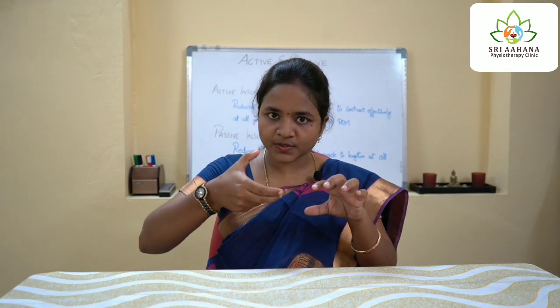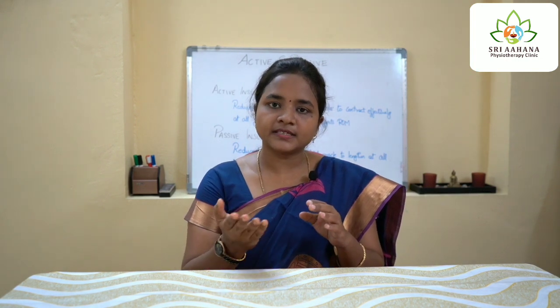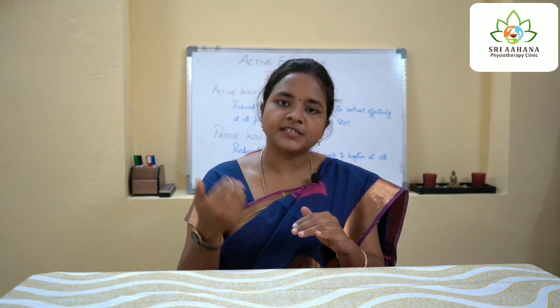One more important thing that I want to discuss is the muscle slack that we see during active insufficiency. For this, I would like to take the example of the hamstring muscle. We all know the hamstring is a two-joint muscle. Its action at the hip is to provide extension of the hip, and at the knee joint it provides flexion of the knee joint.